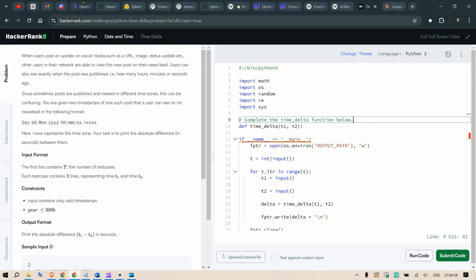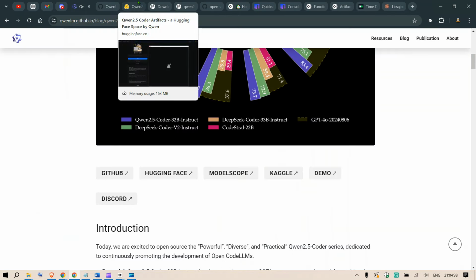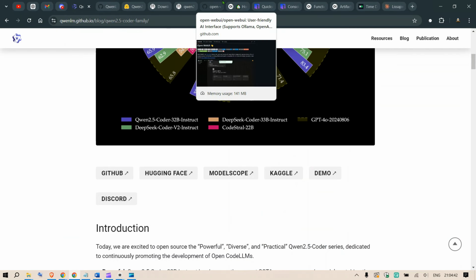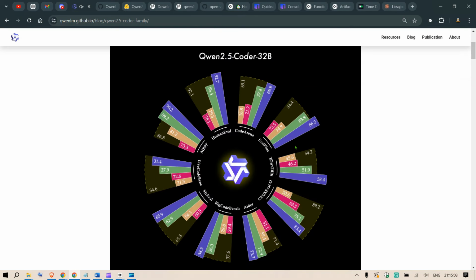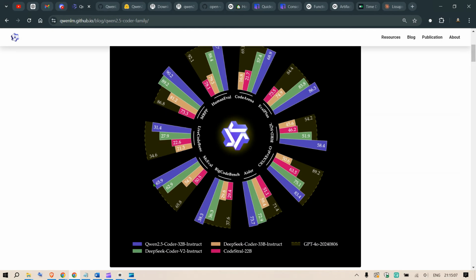But this video is jam-packed with different features and new things, so if you are running it for the first time, you will have a little bit of difficulty. But if you follow through each and every step of this video, this is going to be easy. So let's get started. So this is Qwen 2.5 Coder 32 billion, and you can see that the purple color